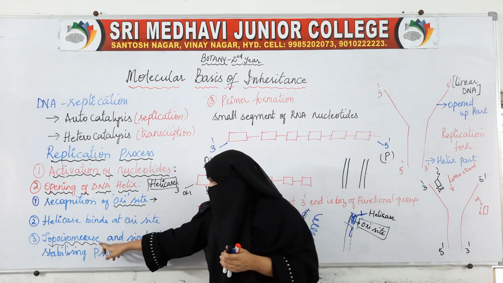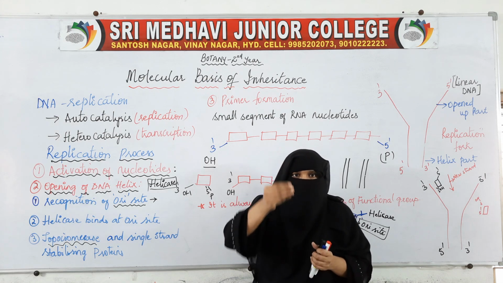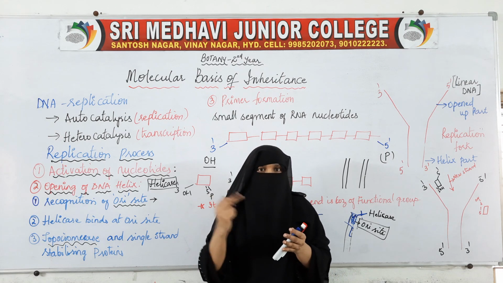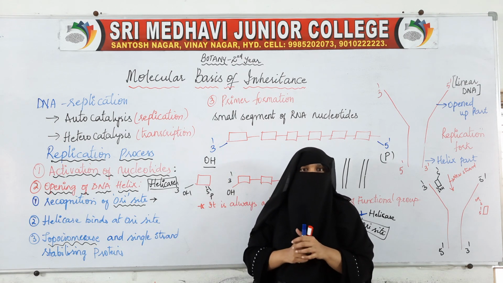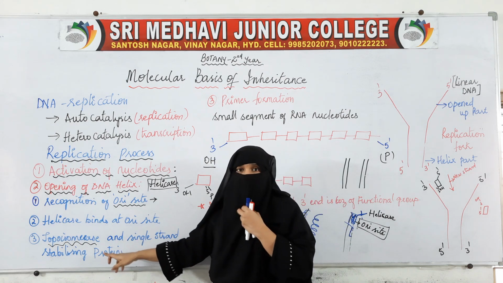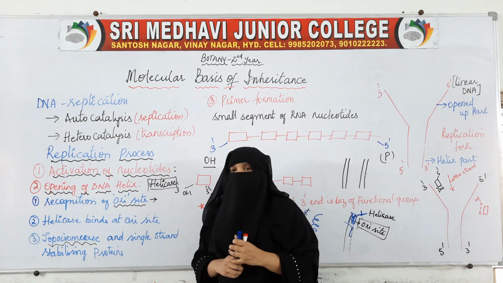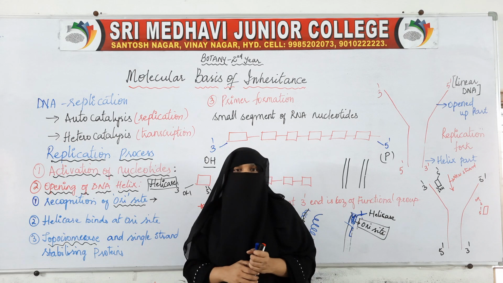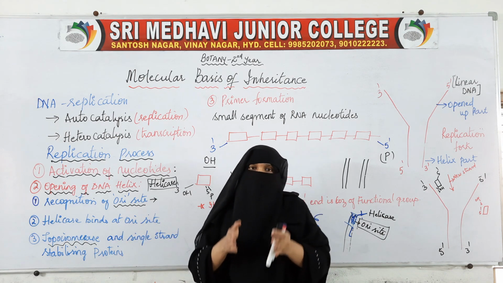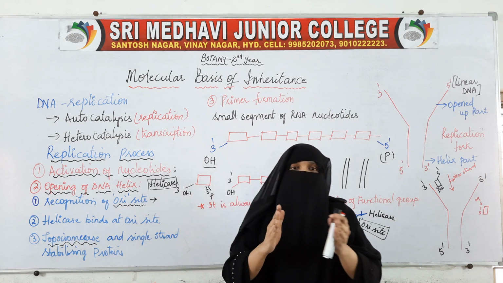This Topo Isomerase, along with the single stranded stabilizing proteins, the strand has to be stabilized. It has to be kept open, straight. It should not coil again. So who will help the strand to stabilize, to be straight and not coil again? So these two things. One is Topo Isomerase enzyme, and the other is single strand stabilizing proteins. So these proteins and this enzyme help the strand to be straight, and this helicase enzyme helps to open the